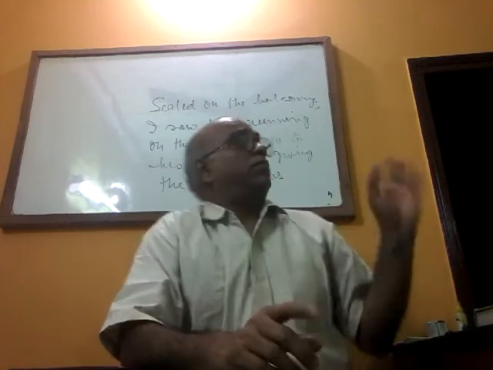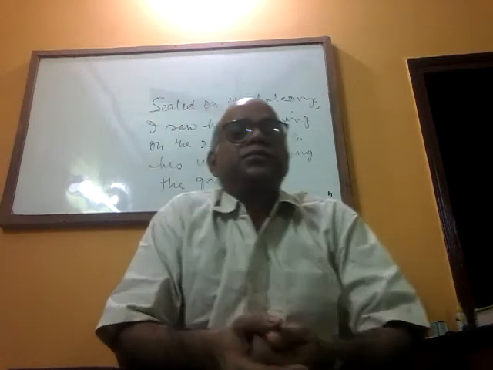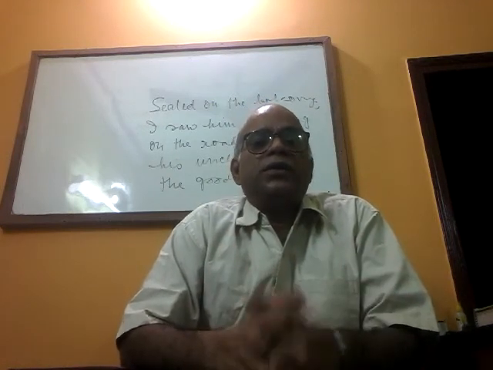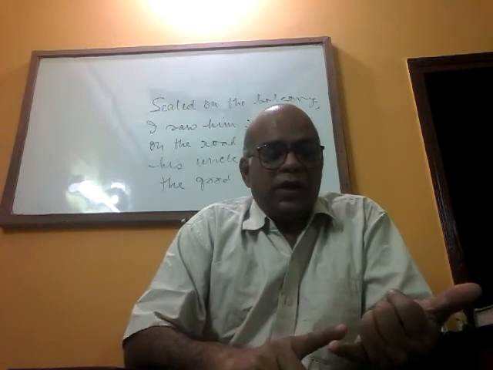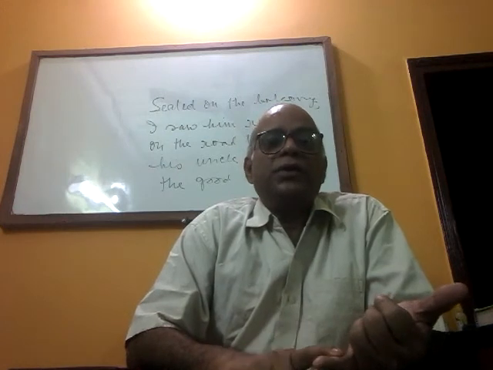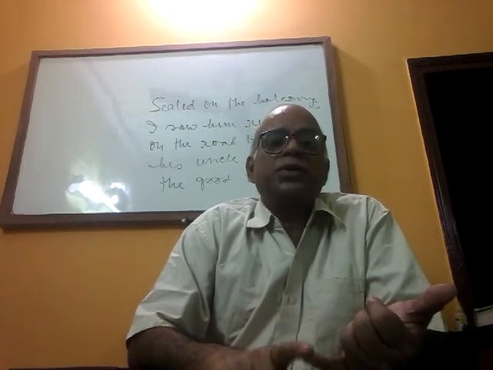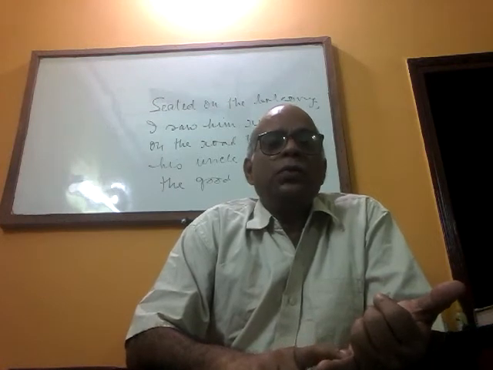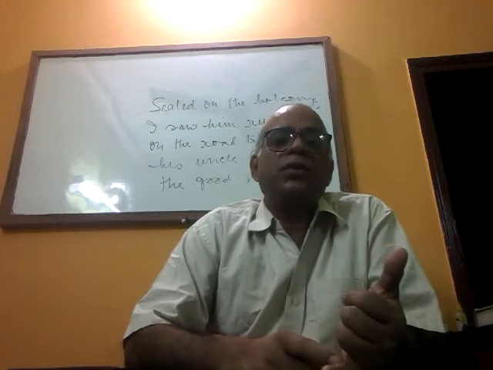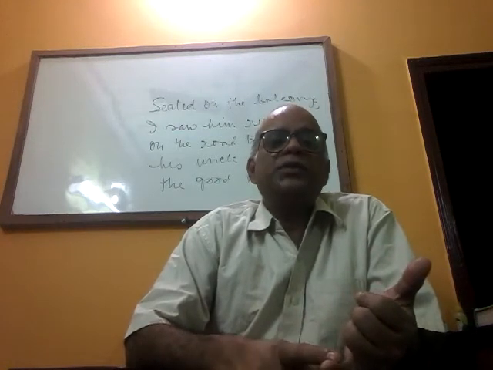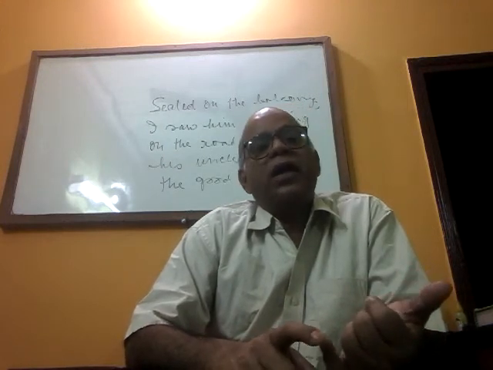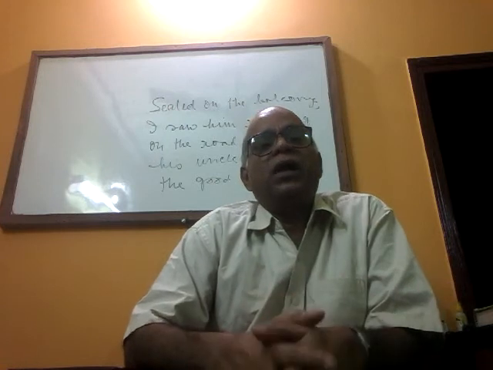Actually, if I do the board work, you will not be able to see. That is a problem. Write it down in your copies, you will get it. Okay, so let me repeat it again. We all know that Riya is a good girl whom everybody loves because she is truthful. So we all know is the principal clause. That Riya is a good girl is the noun clause, object to the verb know. Whom everybody loves is the adjective clause qualifying the noun girl. Because she is truthful is the adverb clause, because it is modifying the verb loves.